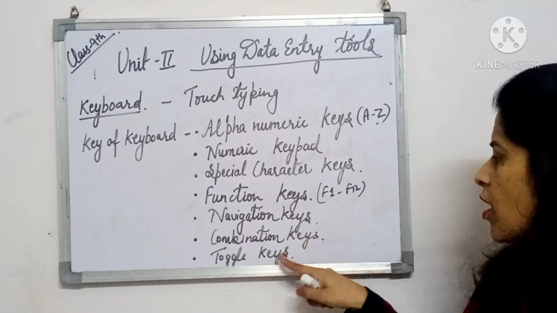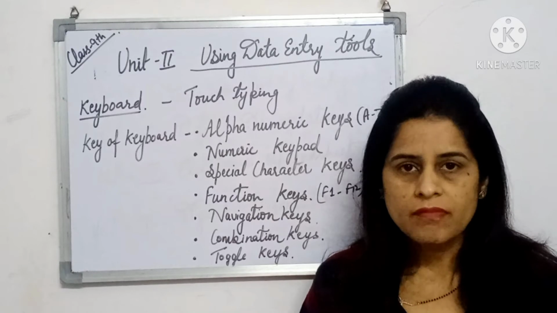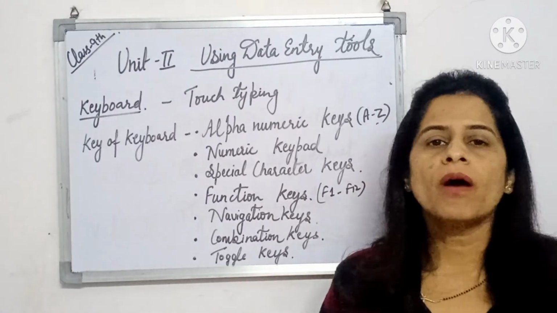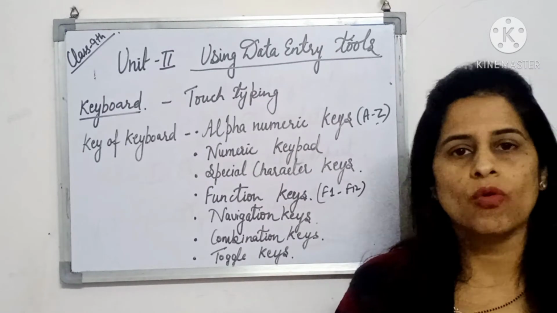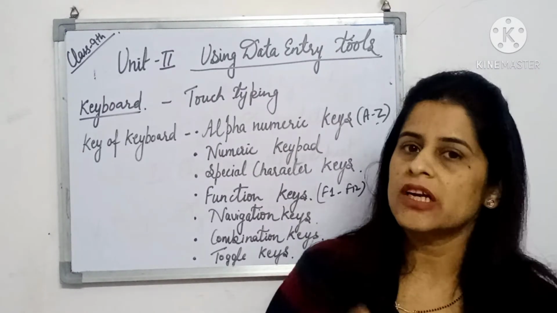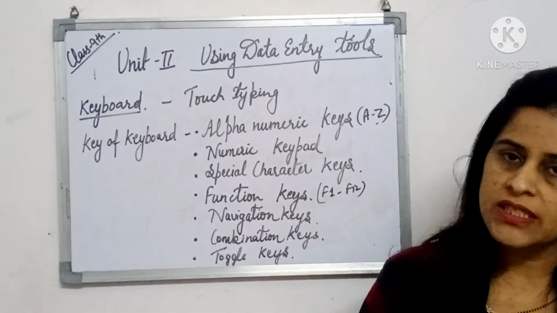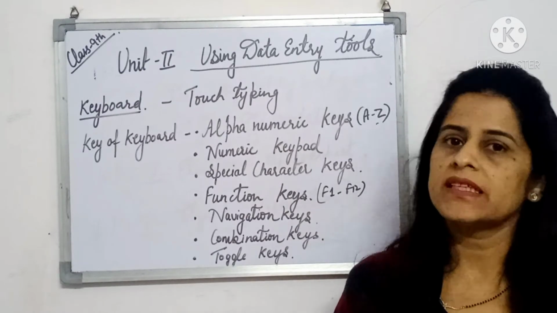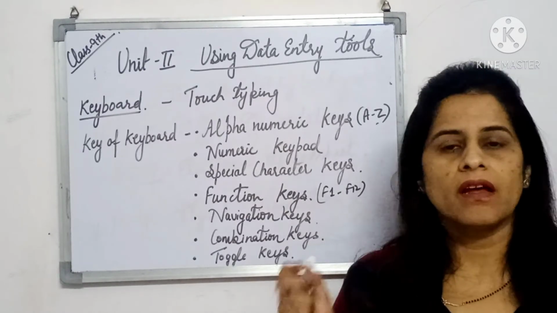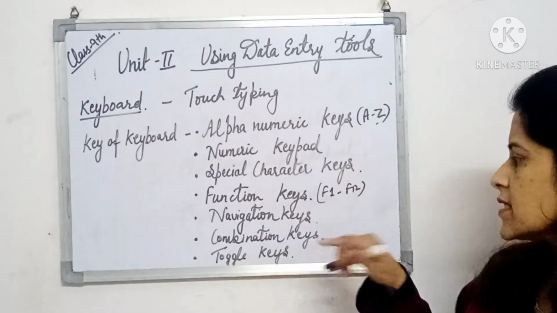And next are your combination keys. These are some combinations: control key, alt key, shift key. तो हम इनको दूसरे कैरेक्टर्स के साथ लेके, जैसे if you want to do paste then control plus V, if you want to copy then control plus C. तो control, shift and alt keys are known as the combination keys, जिनको हम दूसरे किसी भी कैरेक्टर के साथ कॉम्बिनेशन में यूज करते हैं. Then we can print some characters on your PC. So those are known as the combination keys.